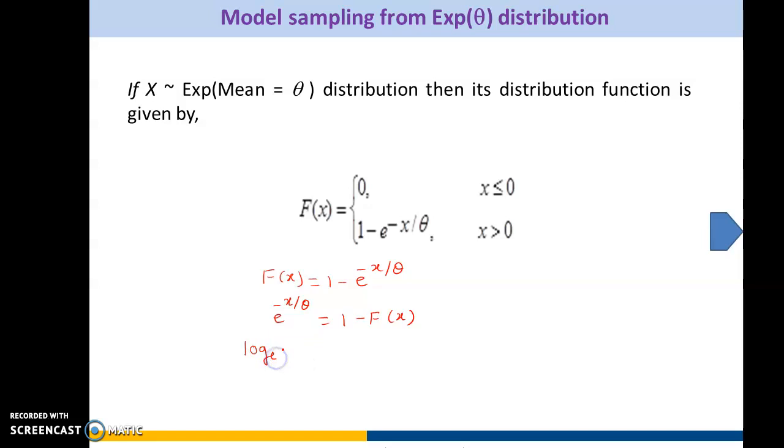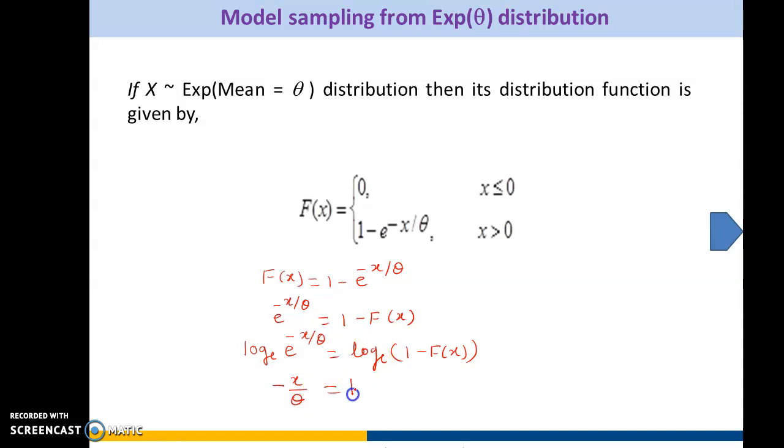So log to base e of e^(-x/θ) is equal to log to base e of (1 - F(x)). Log to base e of e is always 1, so this is -x/θ into log to base e of e, which is always 1, and therefore this is -x/θ only.